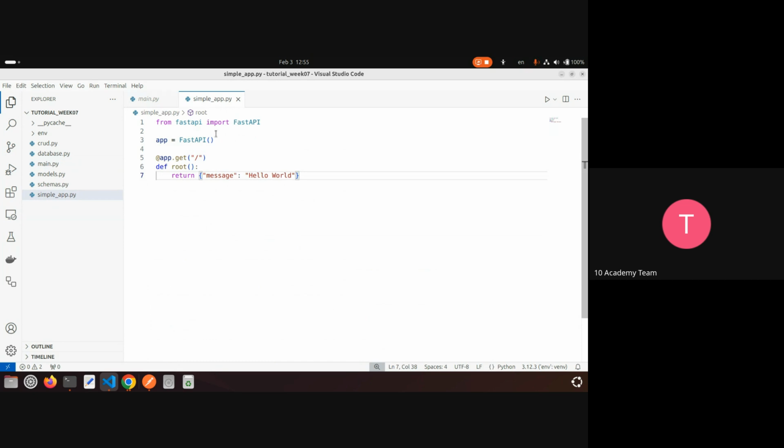So I can run this by going to my terminal and running fastapi dev and then the name of the file, so the simple app.py. Okay, and this is going to run at my localhost at port 8000 by default, I think, but you can change that by changing the port or the app. Another way to run the app,